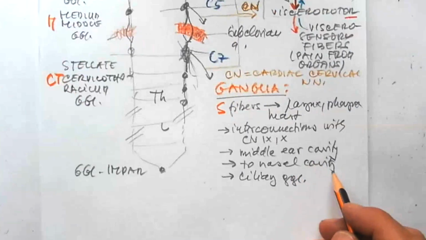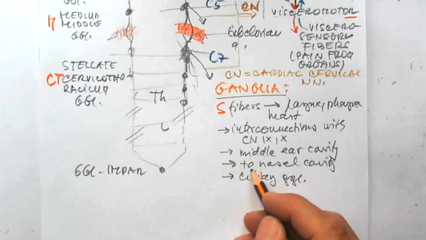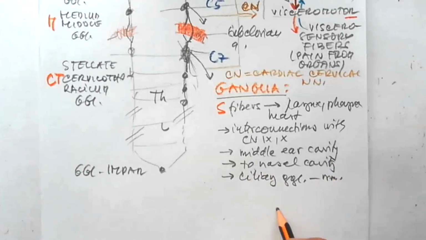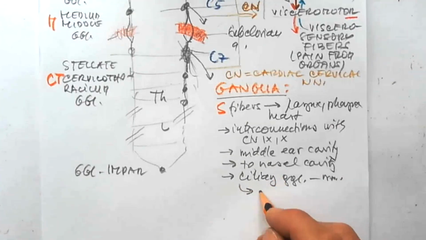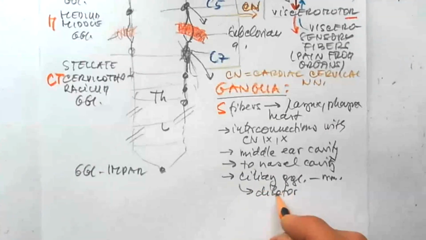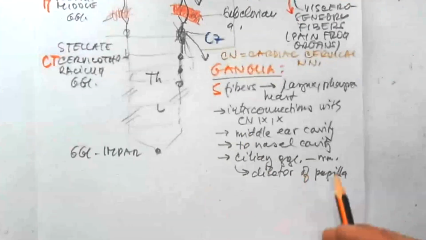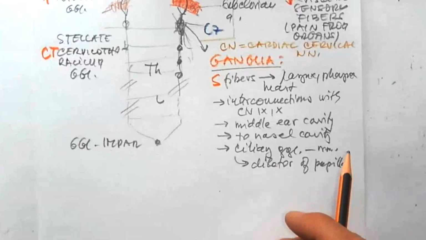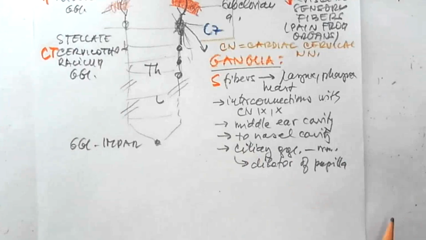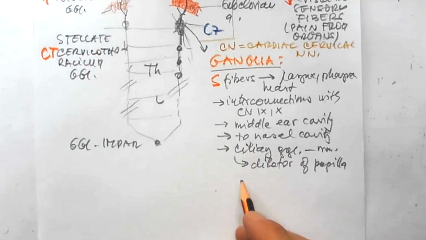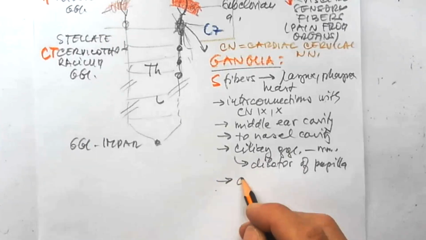Run through the ciliary ganglion to the muscles, and then through the ciliary ganglion to the dilator of the pupil. That means opening the pupil through the ciliary ganglion, because the ganglion is a small parasympathetic ganglion. And also they run to the orbitalis